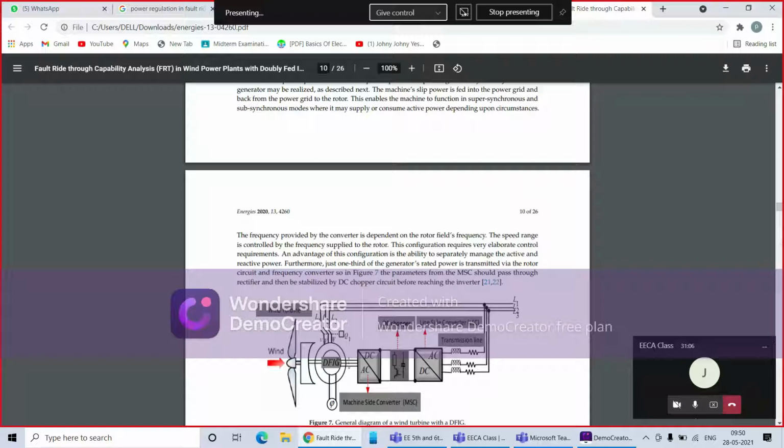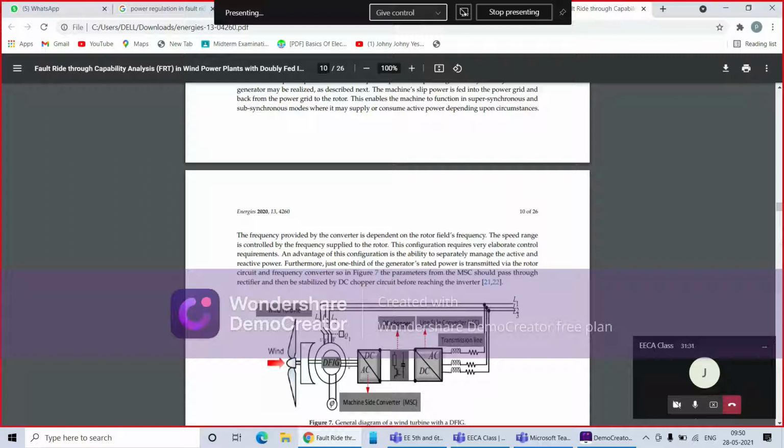Now you all know about slip, right? What is slip? If we talk about slip, there are two things, slip speed and percentage slip. Slip is Ns minus N, where Ns is your synchronous speed and N is your rotor speed. When you divide it by Ns, then you will get percentage slip.